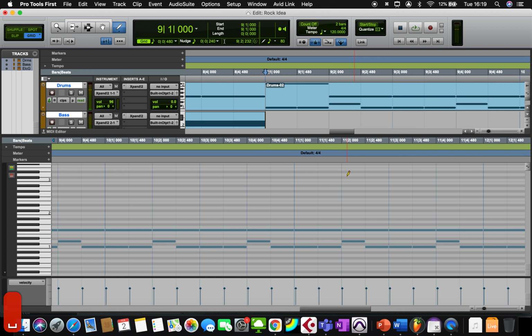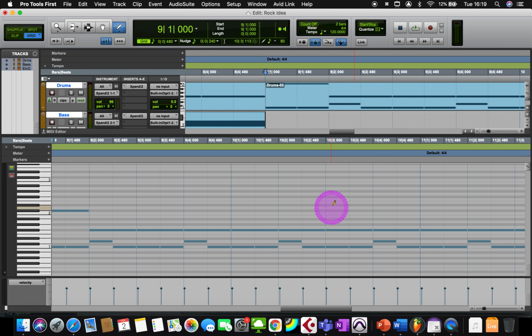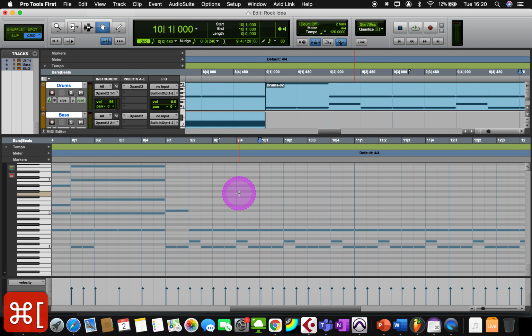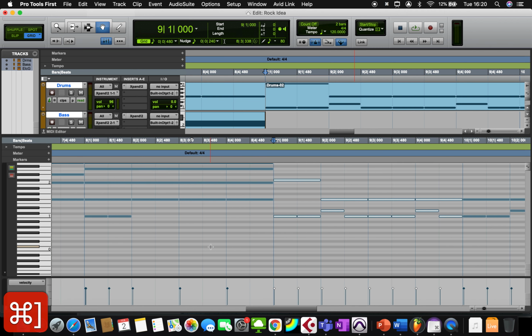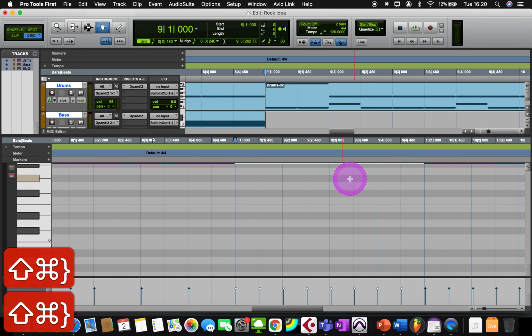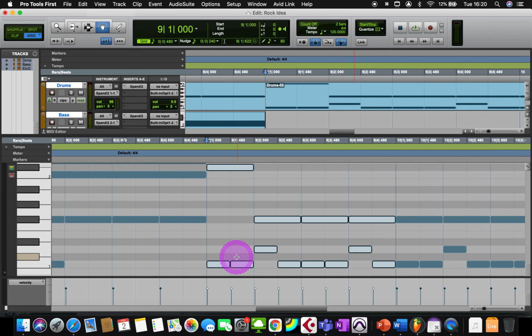Okay, so it's got a real drive and pulse to it on the kick drum side of things. If I zoom out a little bit just to get one bar maybe, and select all the notes there, and then zoom in vertically and horizontally just so you can see the pattern on the keyboard. So you've got the C1 for the kick drum pattern on the bottom notes there, you've got the D1 for